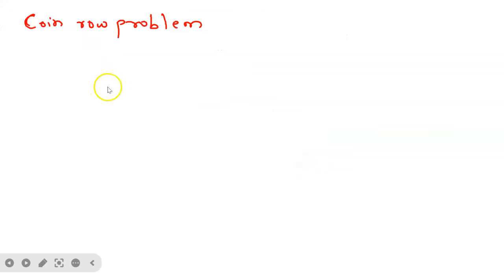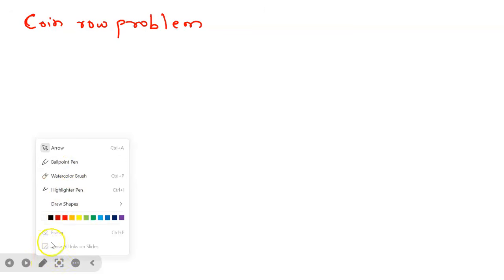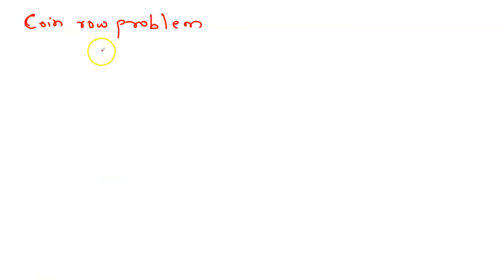Right. So we'll write the problem here. So the problem is like this. We have the index here. The index is nothing but it shows the coins. So we have the 0th coin, first coin, second coin,